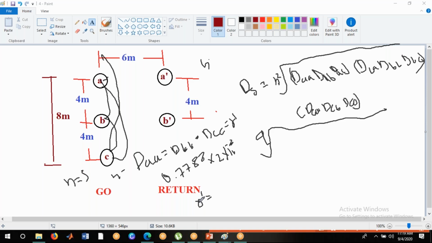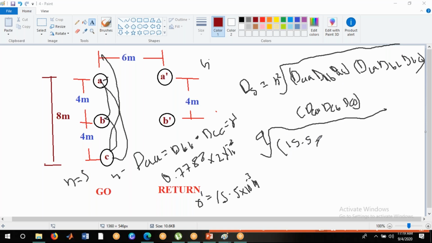What is the value of R dash? All right, very good. So you can write this one as 15.5 into 10 power minus 3 meter. So this is the R dash value. Now substitute here in this equation. So DAA is R dash, right? We are getting the 3 R dash.